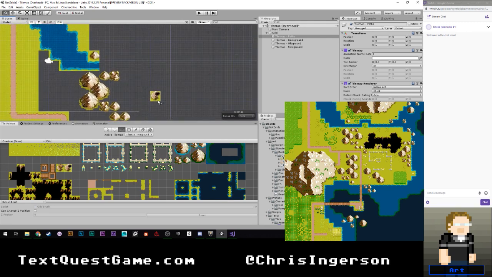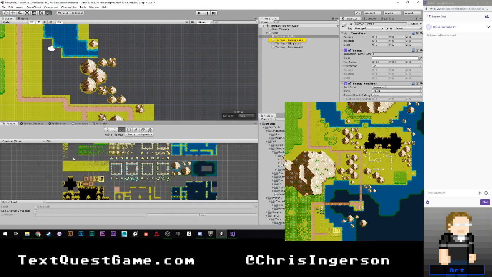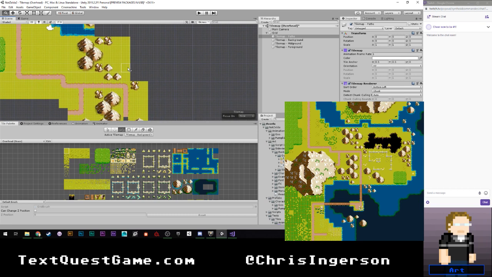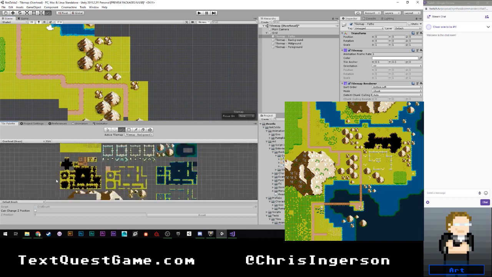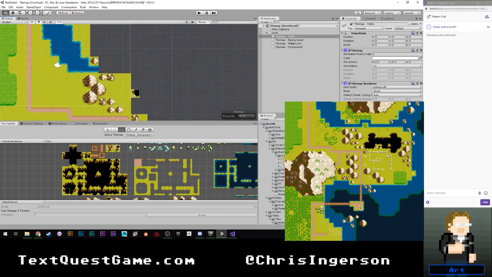Okay, so I think that's all of the mountains directly over here. Let's go ahead and switch over to our background. Switch over to here. I'm just gonna fill this all in for now. All right. And actually, we can start painting that pit, which is going to start right about